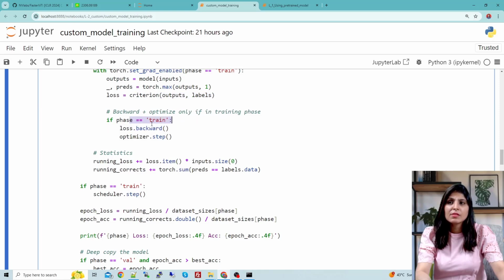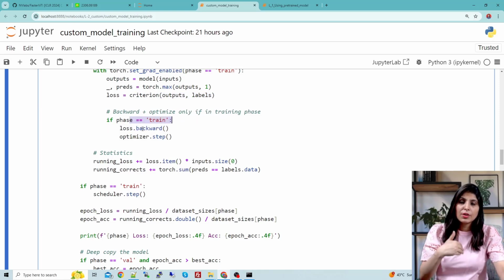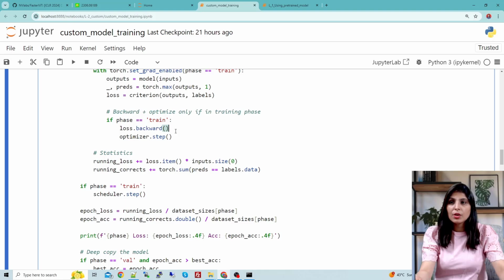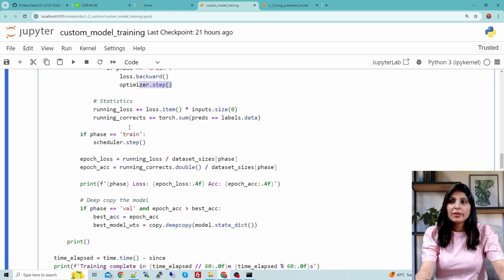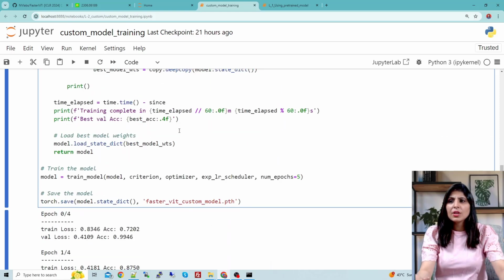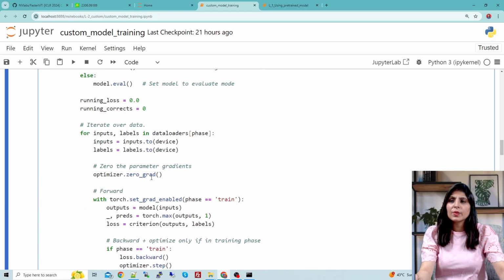If the phase is train, we go in forward pass, and then we update the weights in backward pass. We are using the optimizer over here, and here we are storing the running losses epoch wise and the accuracy epoch wise. Okay, so all these things are happening over here, and finally we are calling that train model function.